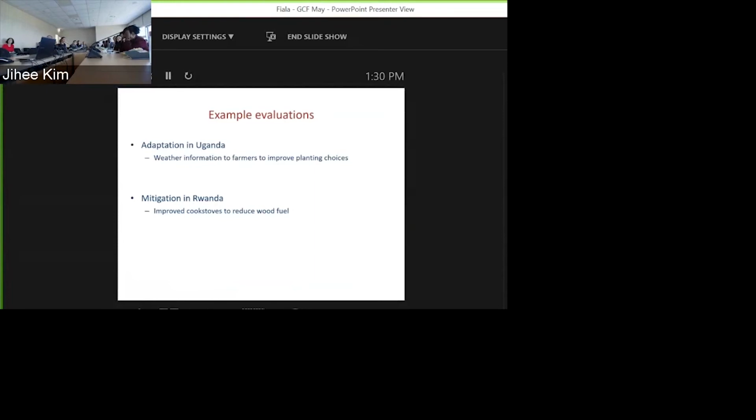But you also asked about other things that could be happening in these communities. So, when you deliver weather information, there still could be pests happening. If I understood your point well, one of the values of randomization is that we're trying to create a group that receives a program that looks exactly, on average, the same as people that don't receive the program. And that means that things like pests and other things that affect one group are affecting the other group. Now, that may not affect them equally once you start to give them weather information. So maybe now they start to behave differently around the pests and things like that.